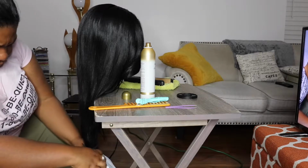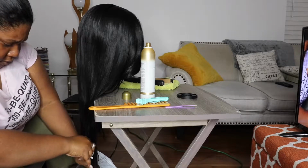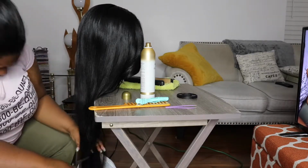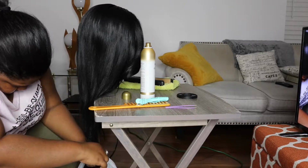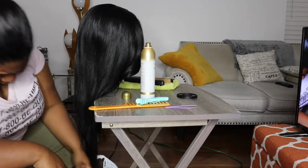These are hair cutting scissors, but it turns out they were quite dull, and I had such a hard time getting through the hair with these scissors. I ended up having to come back a couple days later to finish this cut because boy, was this initial